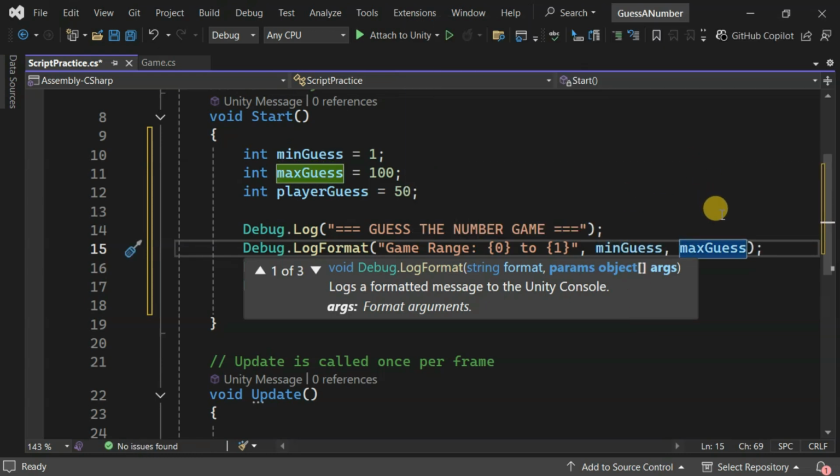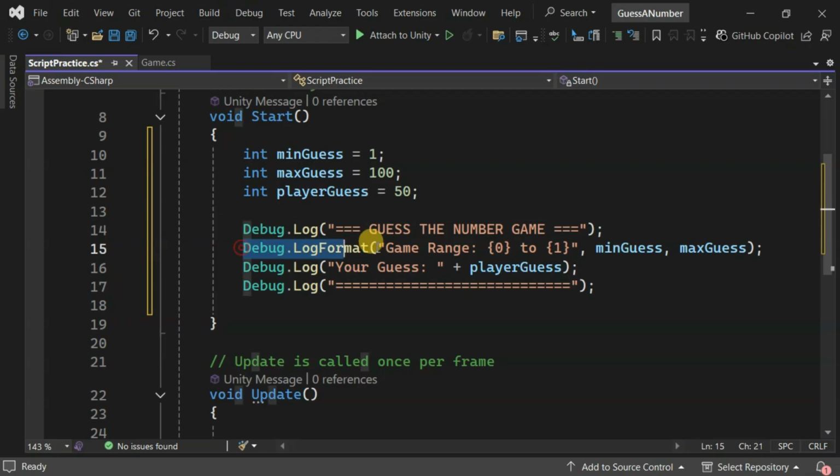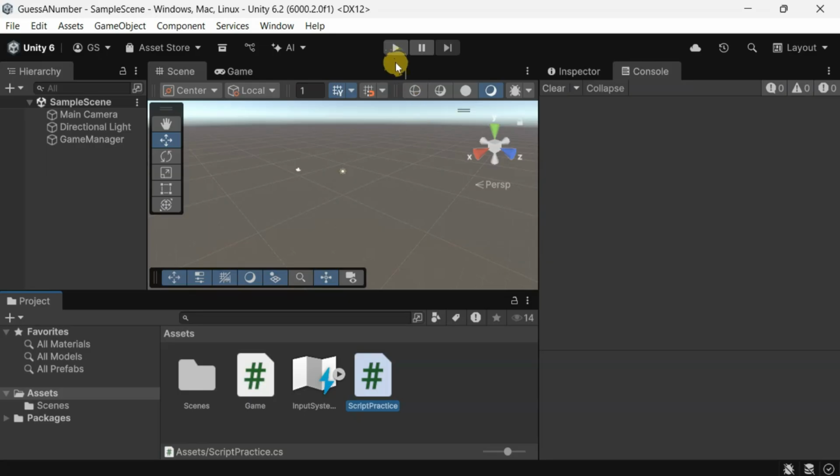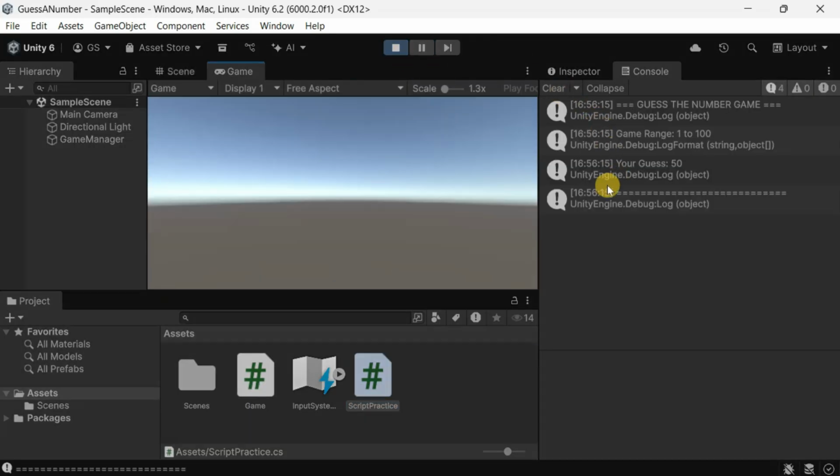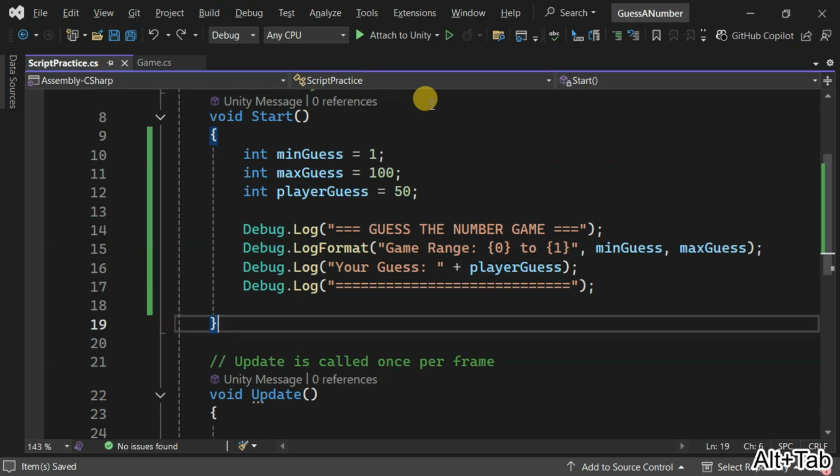Look how elegant that is. It's a more professional and maintainable way to format your output. Both methods, using string concatenation with plus or using placeholders like {0} and {1}, are technically correct and will work just fine. But the placeholder approach tends to be visually cleaner and easier to read, especially when your message gets longer or includes multiple variables.